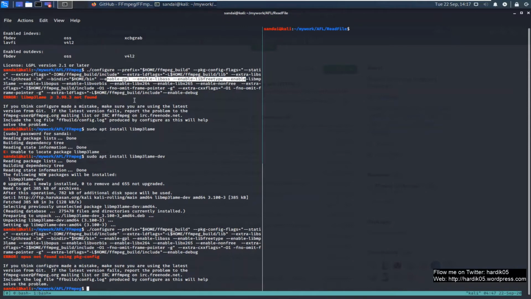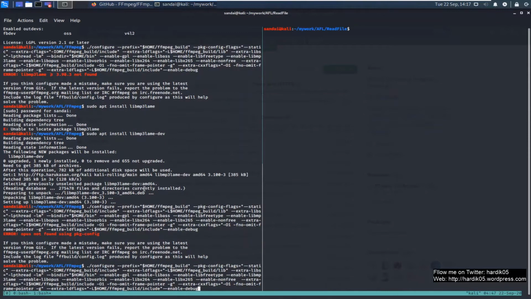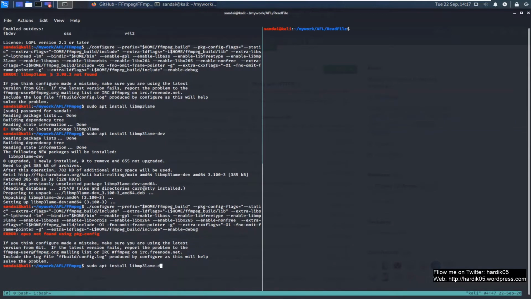So in this case, what I'm going to do is try to install all these libraries together using apt-get install, and then we will see if we face any issue with this. So let me install libopus-dev, libfreetype, libvorbis.